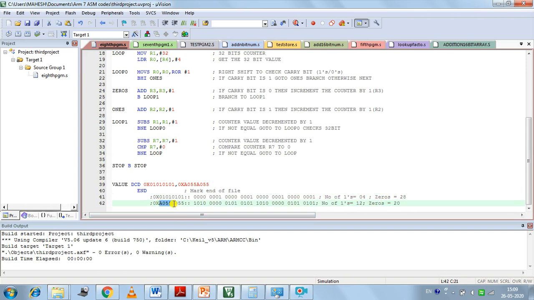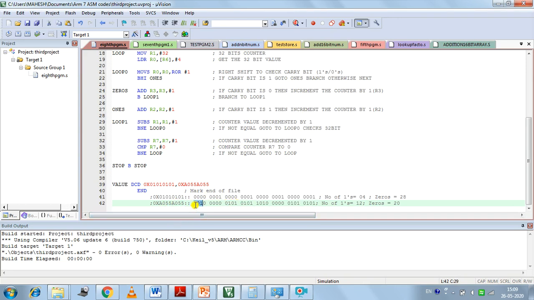Similarly, if you consider this number, A055, how do you write that in 32-bit format? For hexadecimal A, we write 1010. For 0 it is 0000. For 5 we have 0101.